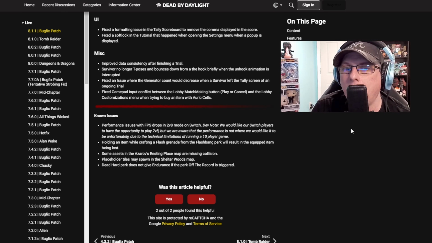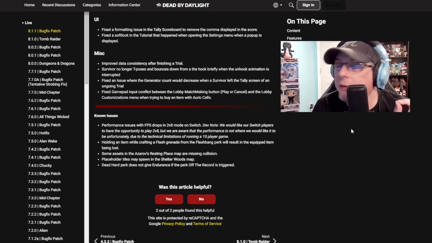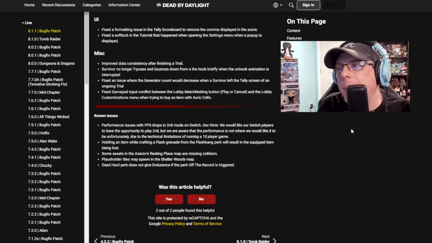Survivors no longer T-pose and bounce down from the hook briefly when unhooked and animation interrupted. Fixed an issue where the generator count would decrease when a survivor left the tally screen of an ongoing trial. This was what I was looking for. This was the big one. This was the corrupted, like you kill someone as a killer, they leave the lobby, and then you get extra